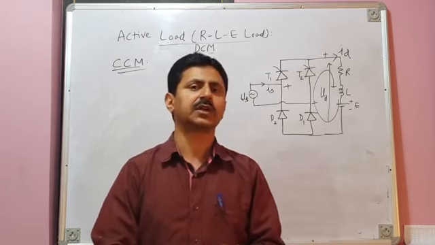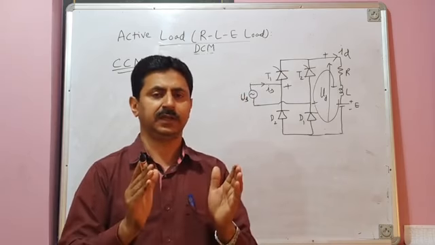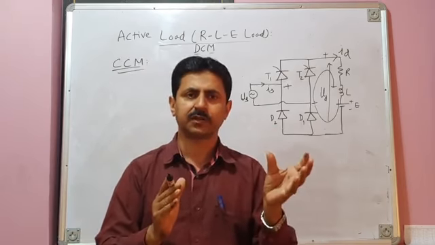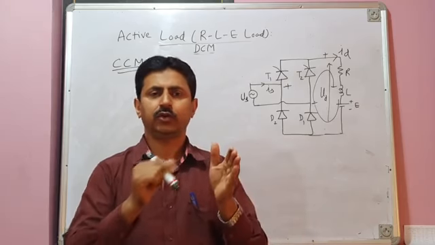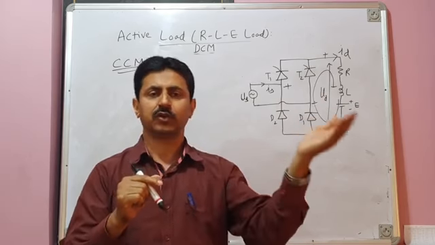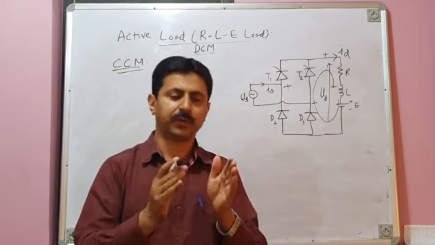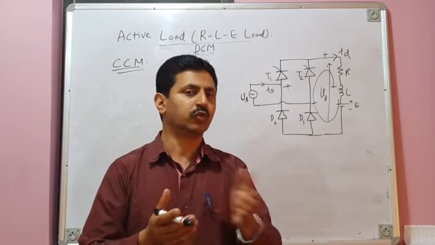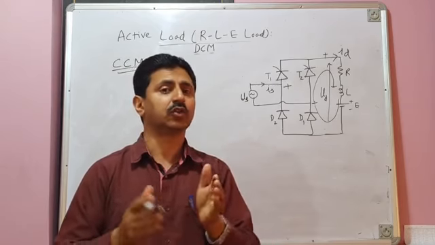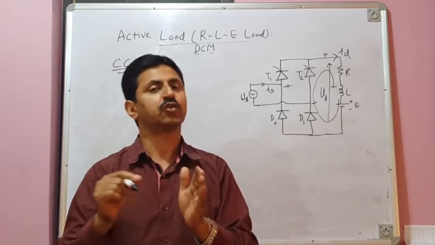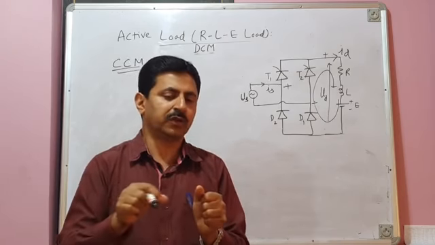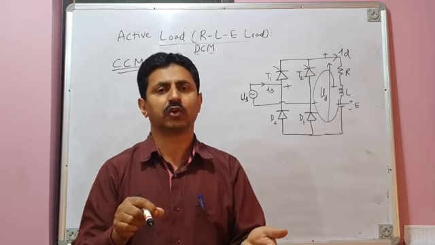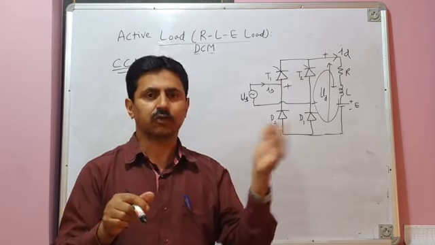In discontinuous conduction mode of operation, we have identified 3 intervals. The thyristor conduction interval, from alpha to pi, during which load voltage is equal to source voltage, Vt equals Vs. Then the freewheeling interval, from pi to beta, during which load voltage is 0, Vt equals 0. And finally the coasting interval, from beta to pi plus alpha, during which current has already become 0 and load voltage is equal to E.